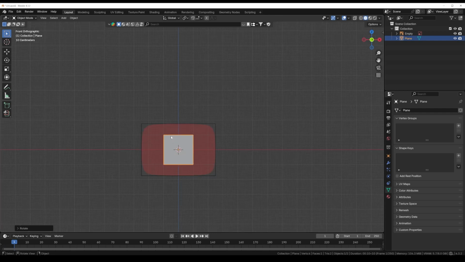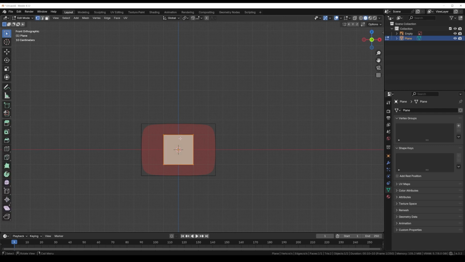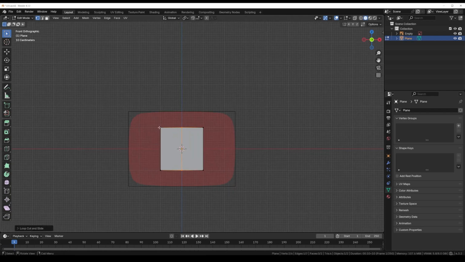And then now we want to edit this. So we go into Tab to go into edit mode. And I'm only going to model the one side of this logo because we don't want to do everything twice. So I'm just going to press Control R for a loop cut, and then just press your left mouse button to add it there in the middle. And then now drag and select these two